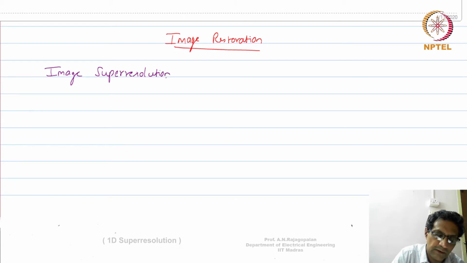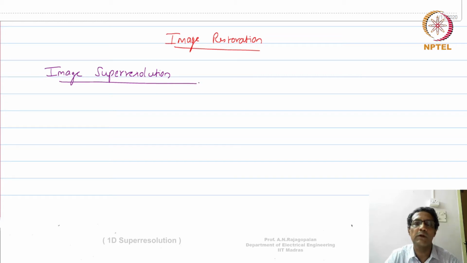As you could see, a blurring problem was very straightforward. Even if you had to do a space variant blur, you could do it so easily in the early part of the course. But deblurring, as you saw later, was an inverse problem, and far more involved. There were so many conditions to go through in order to get a clean deblurred image. Similarly, super resolution is another inverse problem that comes under the umbrella